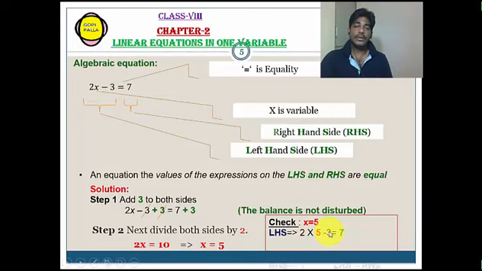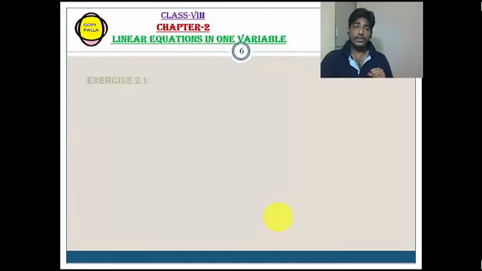And here the right hand side is already 7 available. So here 7, so the left hand side is equal to the right hand side. Hence the value of the variable x equals 5 is correct. So this is the way of solving an algebraic equation. And we'll go to the